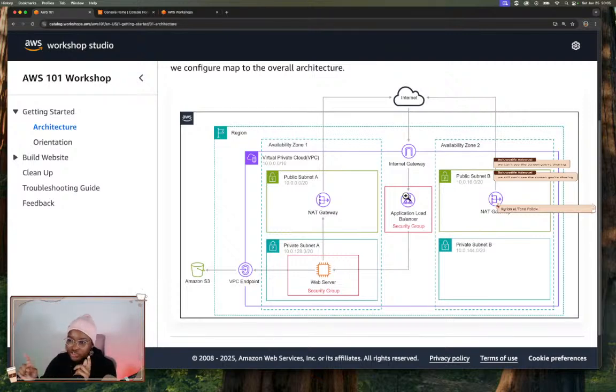Remember, in our architecture, we needed a NAT gateway deployed in the public environment, so that anything that we deploy in our private subnet can access the internet through the NAT gateway, but the internet will not be able to access our resources in the private subnet. This is something that you would really want to understand very well, why and how it works,